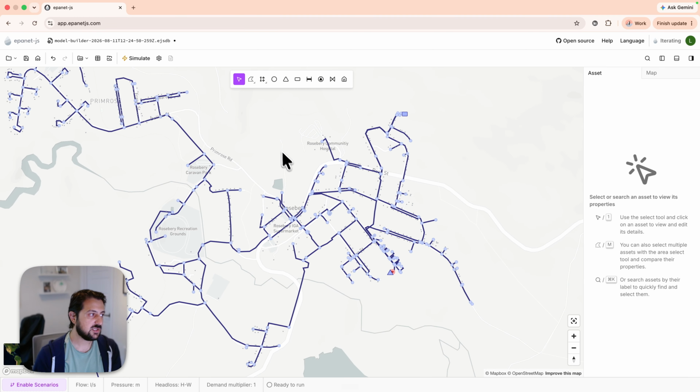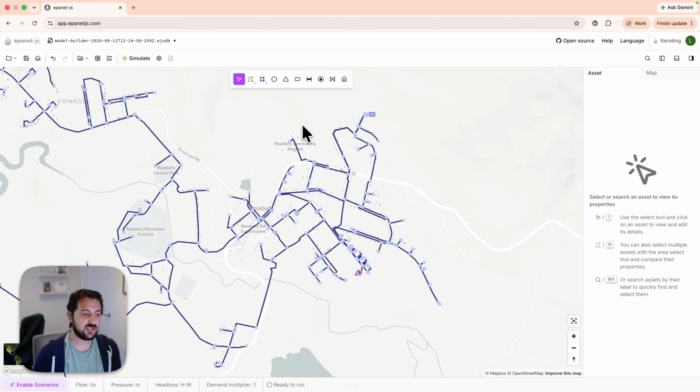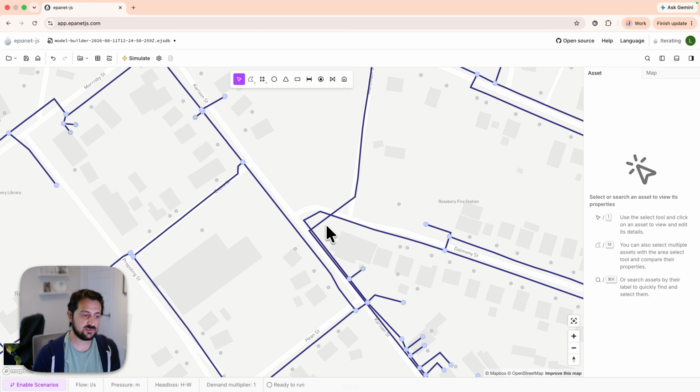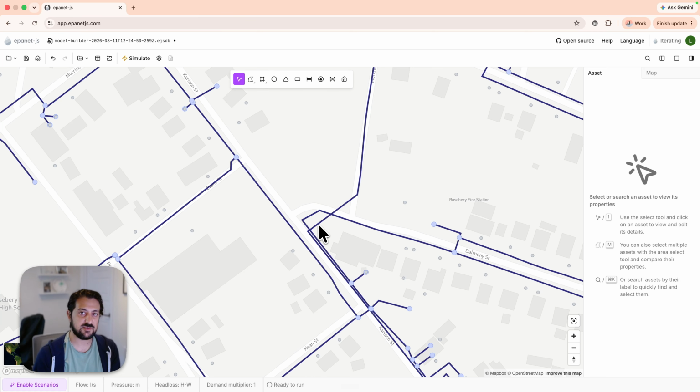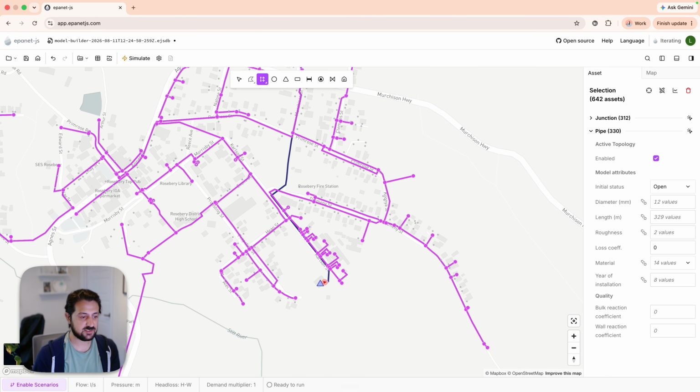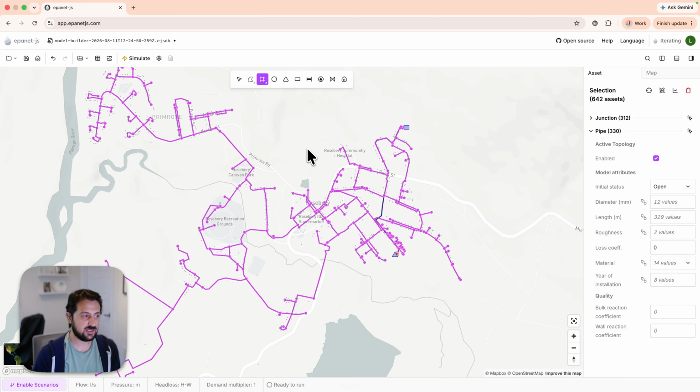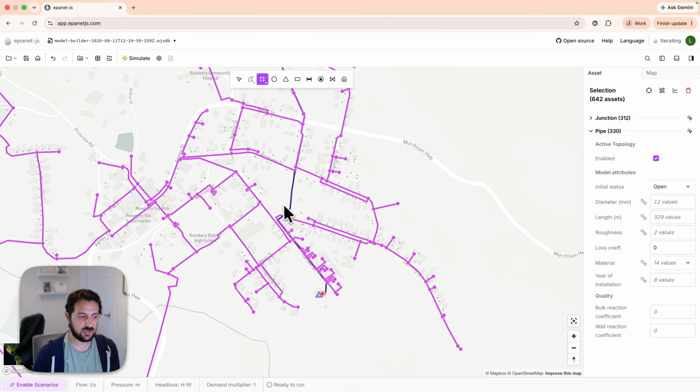What we can do is we have the allocate customer points button here in the toolbar. Now, we want to be careful not to allocate any customers to this pumping main from the treatment works to the tank. So what we're going to do is we're going to come to this tracing tool here. You can see this is a selection trace. You can right click and actually find a few more things, but we're interested in the boundary trace. And we're going to select the distribution network. You can see that's come through and selected that entire distribution network for us and avoided that main.